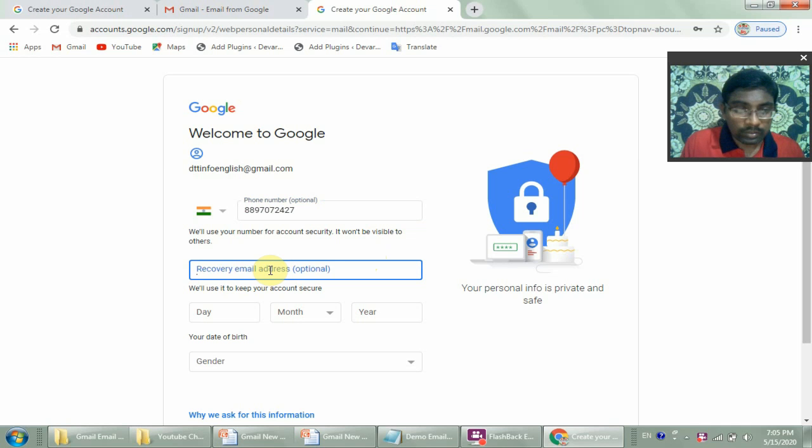Here please type your alternate email ID. If you don't have any email ID, please type your friends' or family members' email ID, and after that you can get a second email ID. You can change that alternate email ID. Okay, friends, I am typing the alternate email ID. I am typing our channel email ID here, touchtechinfo@gmail.com. Like that you can type your alternate email ID correctly without mistakes. If you type a wrong email ID, it won't take.